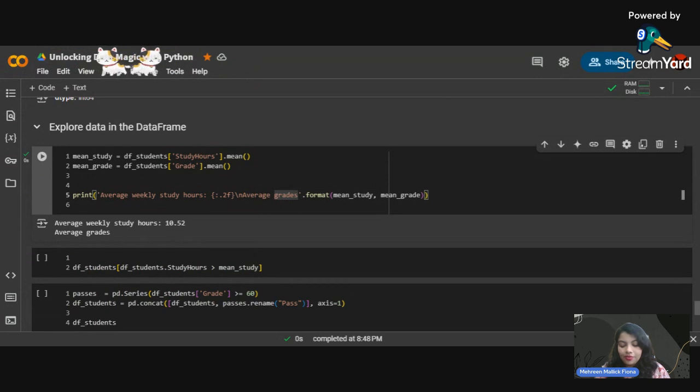Sorry, I misformatted. Here, one thing is that I'm rounding it to two decimals, so I'm going to write 2. So we are getting 49.18 and 10.52 as I have written 2. So it rounded to two decimals.